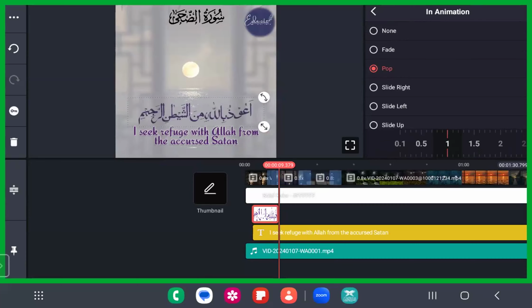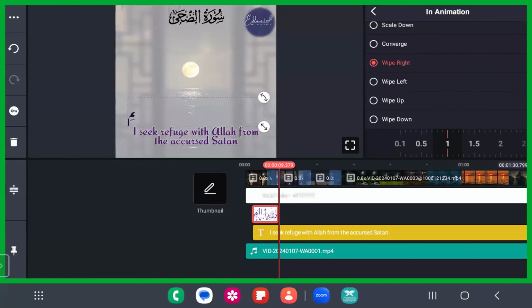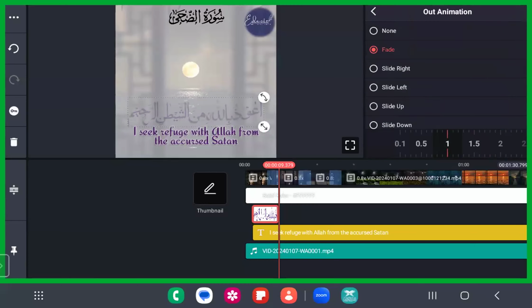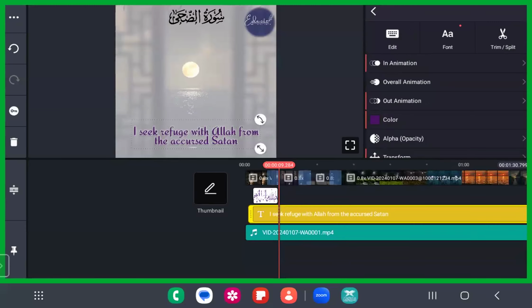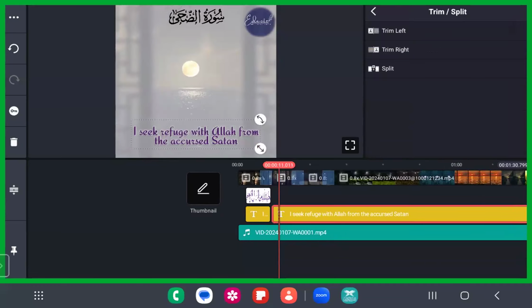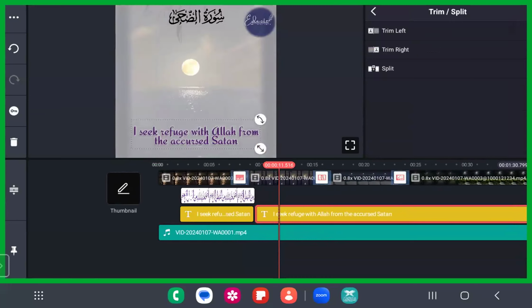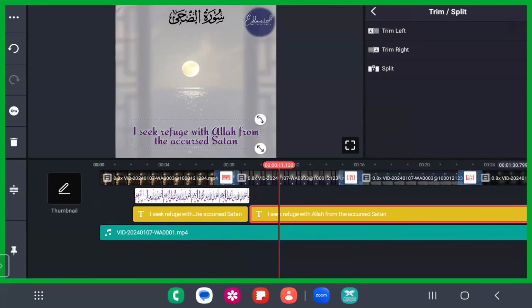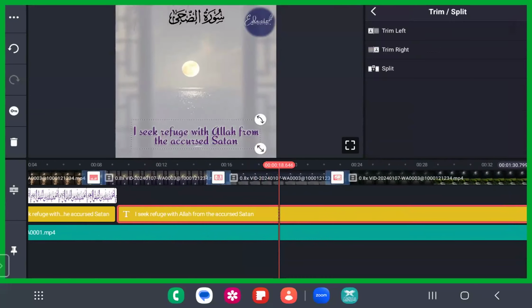So this is how you're going to do it. The animation was already given as wipe right or wipe left, and we'll see the out animation, how it is. We have already assigned it as fade. Okay, so now the word option that we have, let me just split it up. This is a split option. Why did I use the split option? Because instead of creating each and every text for each and every ayah, we can just give splits wherever we want, fine.